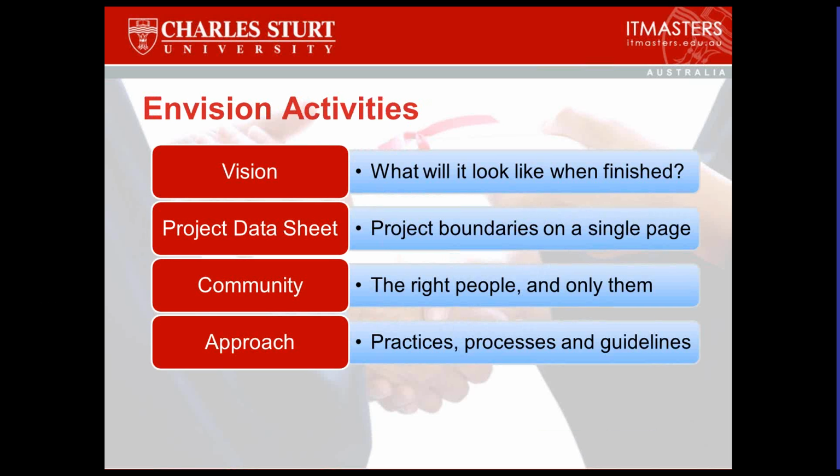Now, I've changed the name of point 2. Remember in point 2 a moment ago we called them objectives and constraints? I've used the label here of the project data sheet because that's the tool, that's the object that we use. So the vision is what will it look like when it's finished. This is where we talk about things such as